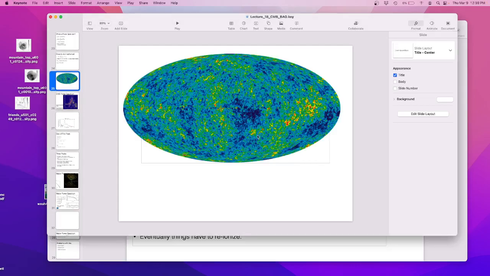Those fluctuations are here. So I've got all of these bumps. I've got bumps that are this big. I've got a fluctuation that's this big that has a bunch of little bumps on it. I have a fluctuation that's this big that's got a bunch of little bumps on it. So I've got a bunch of different bumps in my picture. So we're going to take a Fourier transform of this and then just square it and get the amplitude of the bump versus the physical size of the bump. Does that make sense? So that's what the CMB is.